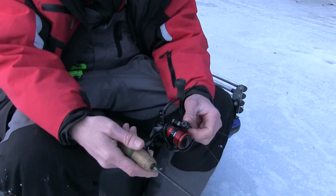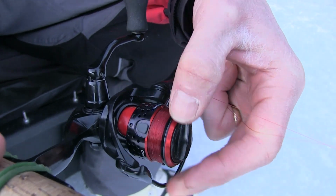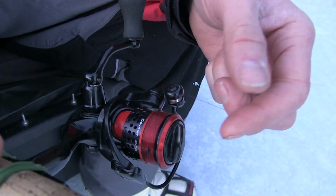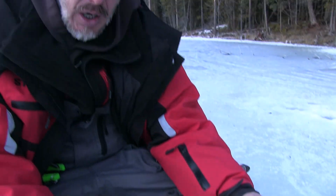Bam. Hi guys, here we are up on a high mountain lake. We're just fishing for some mountain brook trout. And I like to use a small Kuma reel by the Samar, and then I got it lined with 3-pound test. This is the Cajun line. I know there's a lot of other monofilament lines, fluorocarbons, but it's really done well for me. I don't get a lot of line twist or a lot of memory, and I'm just using a little tungsten jig here today